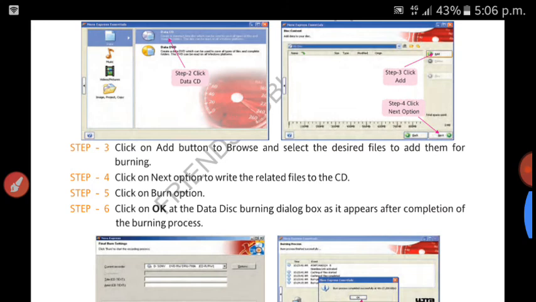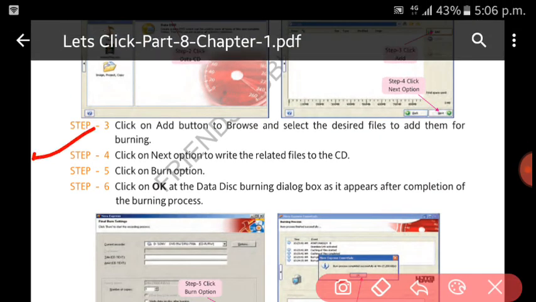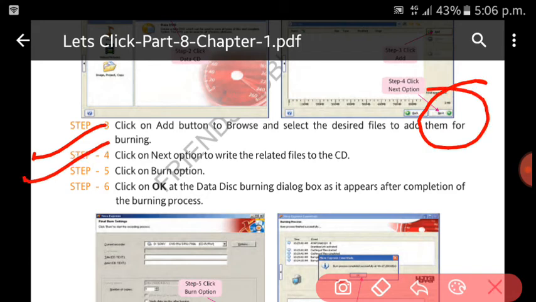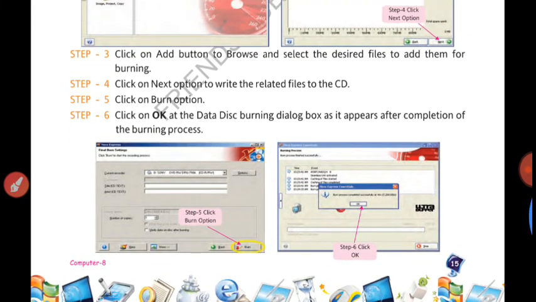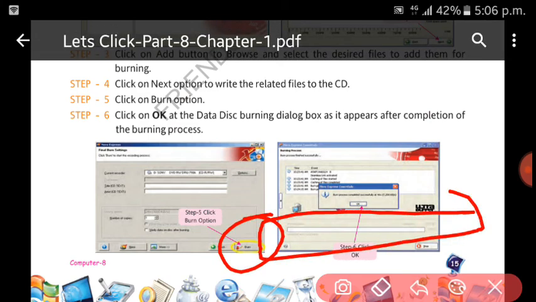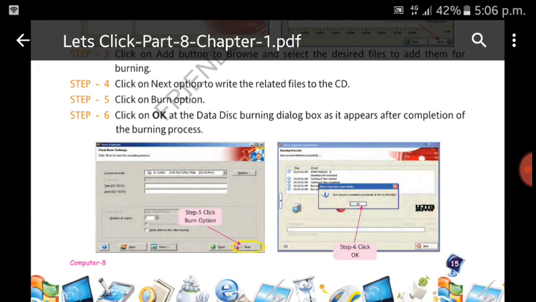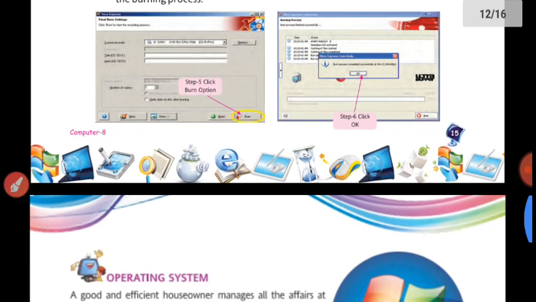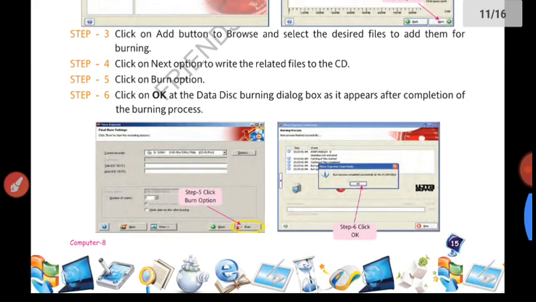Then you click on the next option to write the files to the CD, and you click the burn option. Finally when the process is over, you will get this dialog box. It will show you that your burning process is completed, right? So this is all about CD burning.